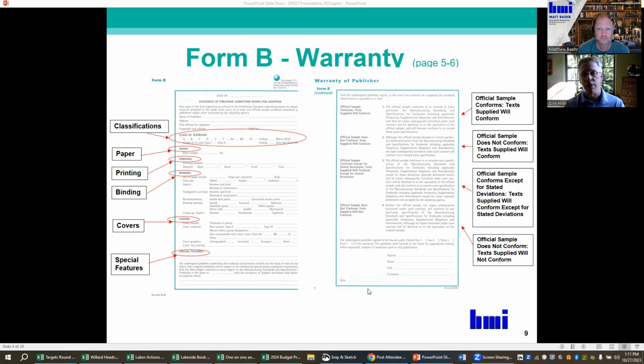Now, I want to make sure that I'm clear on something. You don't have to follow the MSST specs. You could actually submit a book that doesn't follow the MSST specs. But you'd have to call that out in the Form B when it's submitted. So again, this is, we'll say, the practice of telling the states or the end user how the book will